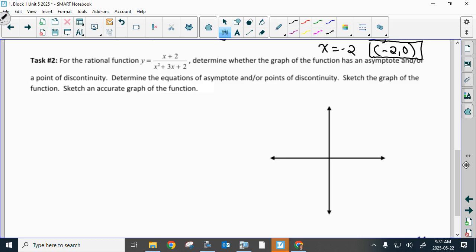Sketch the graph of the function. I have that twice. Sketch an accurate graph of the function. Okay, let's just get rid of that. A little repetitive. Okay, when you approach your function from the front,